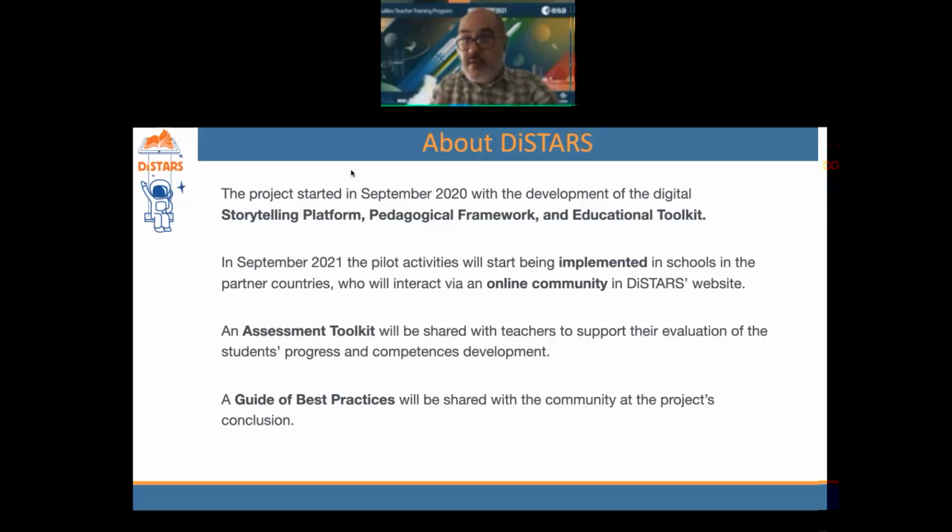So in addition to the storytelling platform and the educational toolkit, there will also be an assessment toolkit for the teachers, so we can help them evaluate better and track the students' progress in the relevant areas of science education. And also at the end, all the experience will be condensed in a guide of best practice to be shared with the whole community with the conclusions of this project, which is going to last until 2023.